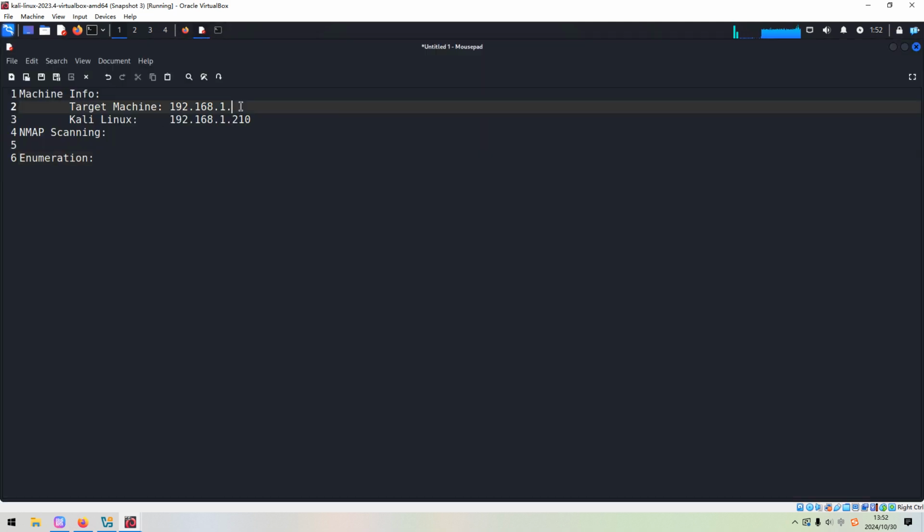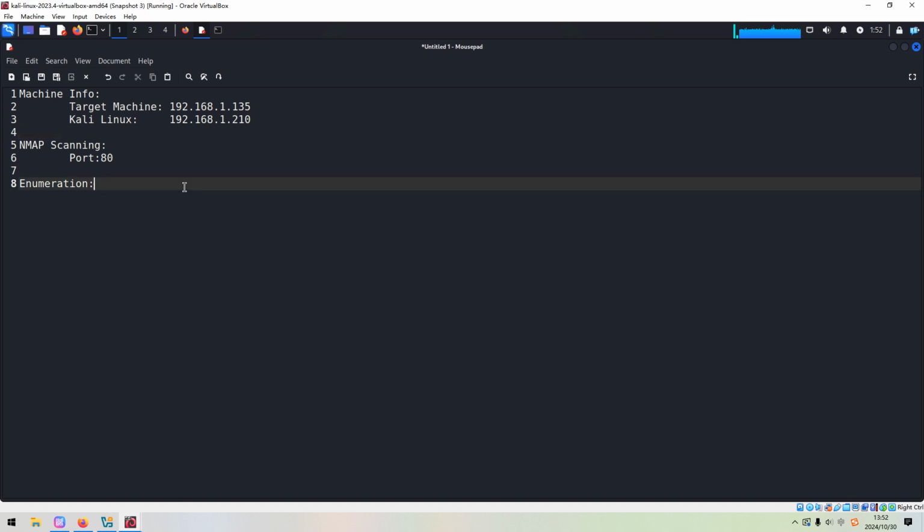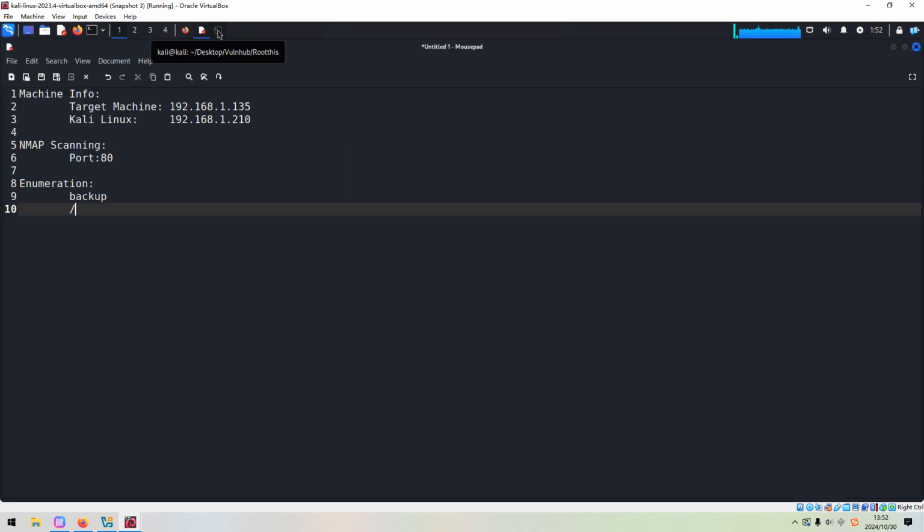Sorry, I think we can note down some important or key information in our notebook. So the port number is 80, and the enumeration found backup, and another one is drupal. You know, Drupal is another, a bit popular CMS like WordPress. So before we go to Drupal directly, I'd like to take a look at backup.